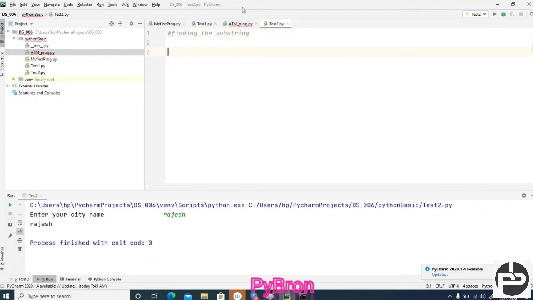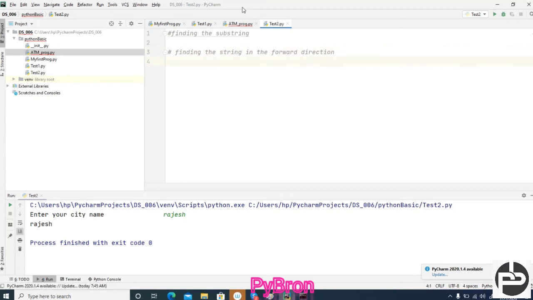Let's suppose there is a method like find, means if you want to find the string in the forward direction, then we can use this method.